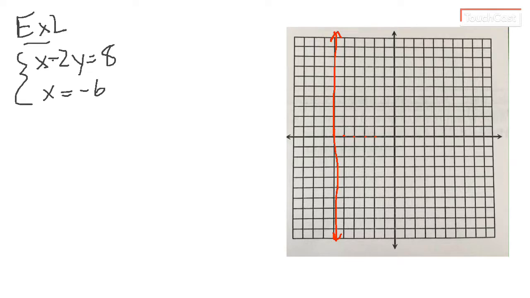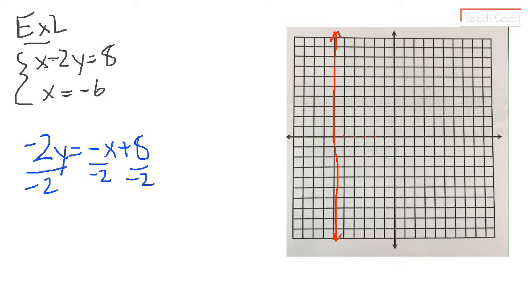Now for the second equation, or the first one, x minus 2y equals 8, we're going to solve that for y. So with this, I would subtract the x first. So we're going to get -2y equals -x plus 8. And then we can divide by -2. Divide everything by -2. So y is going to equal 1/2 x